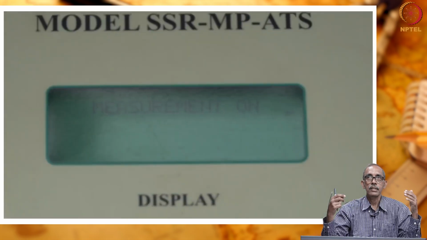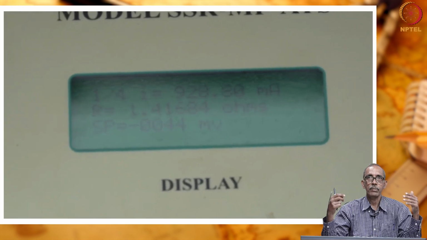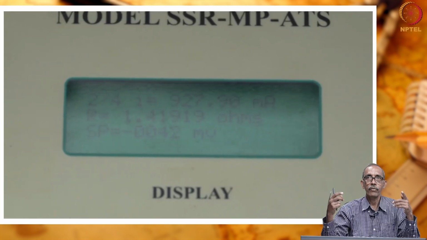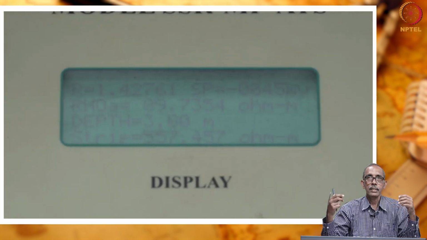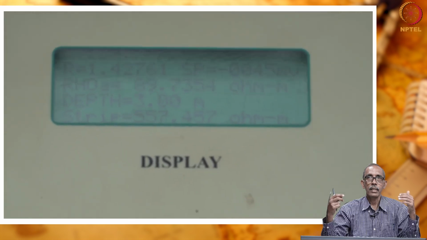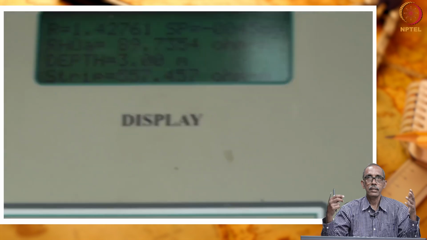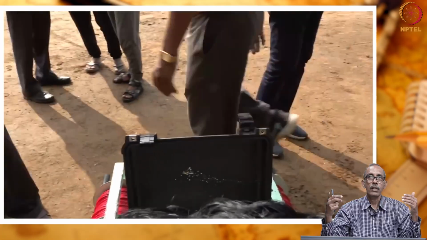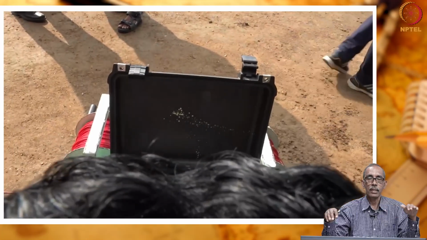The resistivity meter also has a facility to carry out the measurement a number of times, right. So, it has now directly given the resistivity value 1.419, right, and the resistivity meter is capable of automatically nullifying the effect of cell potential. Most of the modern day resistivity meters will automatically nullify it, because the resistivity meter measures the potential. Actually, there will be a natural potential also which will be subtracted during the measurement, right.